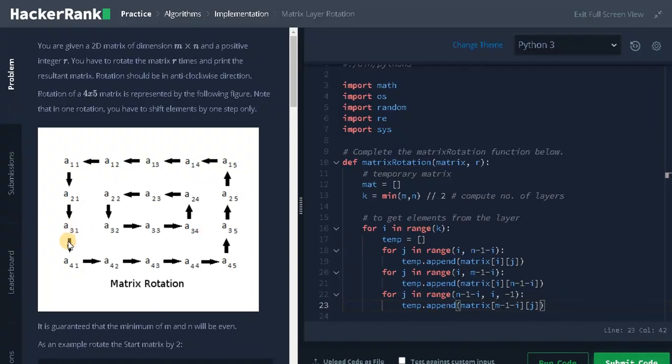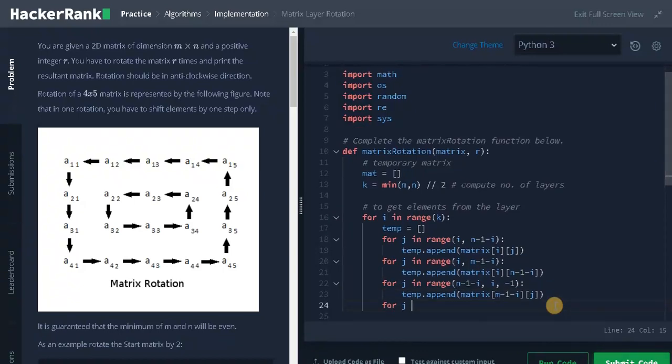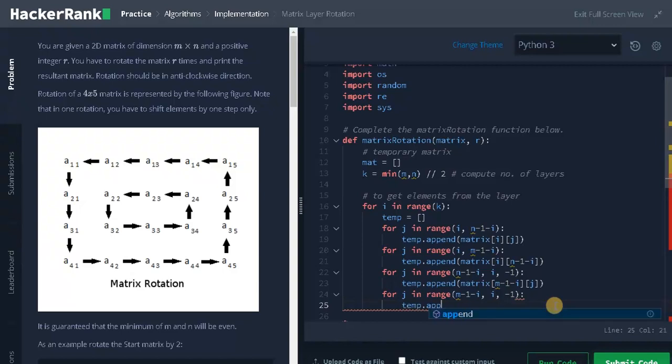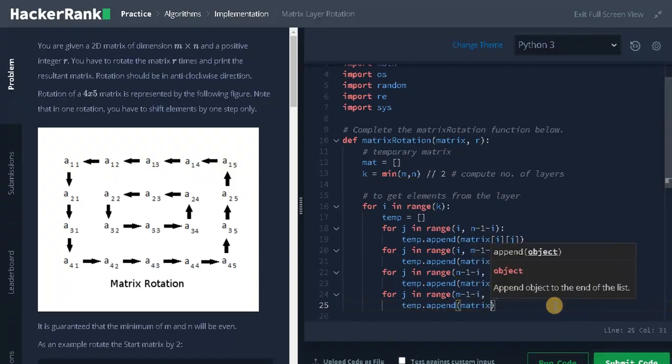Now for the next elements, we have to traverse the row in the reverse way. So for that, again for j in range of m minus 1 minus i, comma, it will go up to i and the decrement will be minus 1, and temp.append(matrix of, here the row will be changing, that will be j, and the column remains the same, that will be i, that is the 0th column.